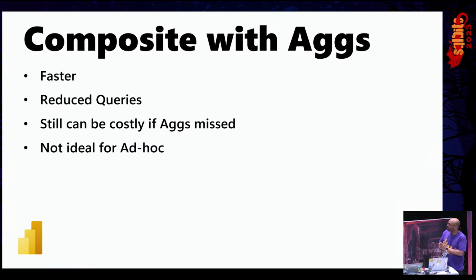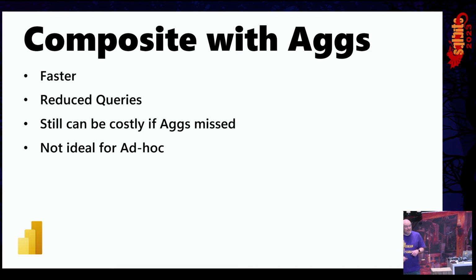So the beautiful thing about composite models also is they enable this capability called aggregations. And this is the peak, right? This is where we want to go. This is the layering approach. I work with a really large customer where we implemented this. They had trillions of rows on the fact table that we were working with. And so we added this layered approach, or like an onion, right?